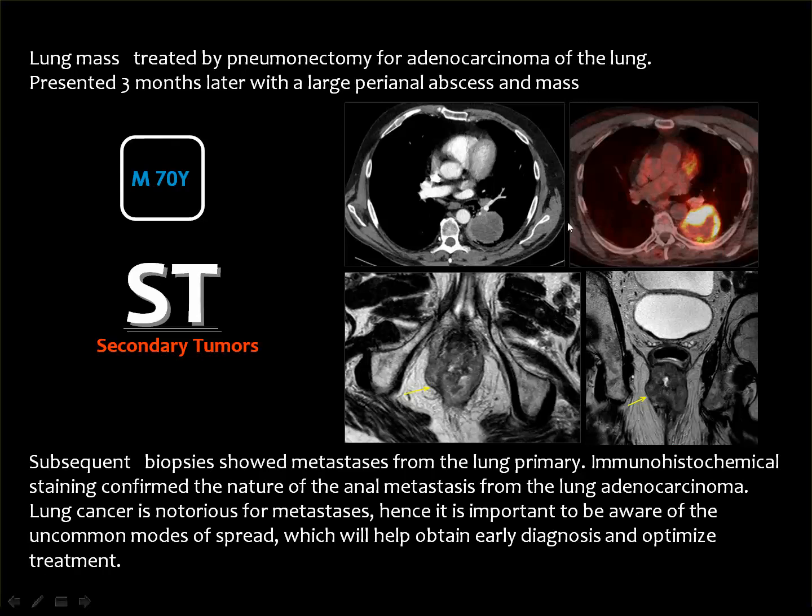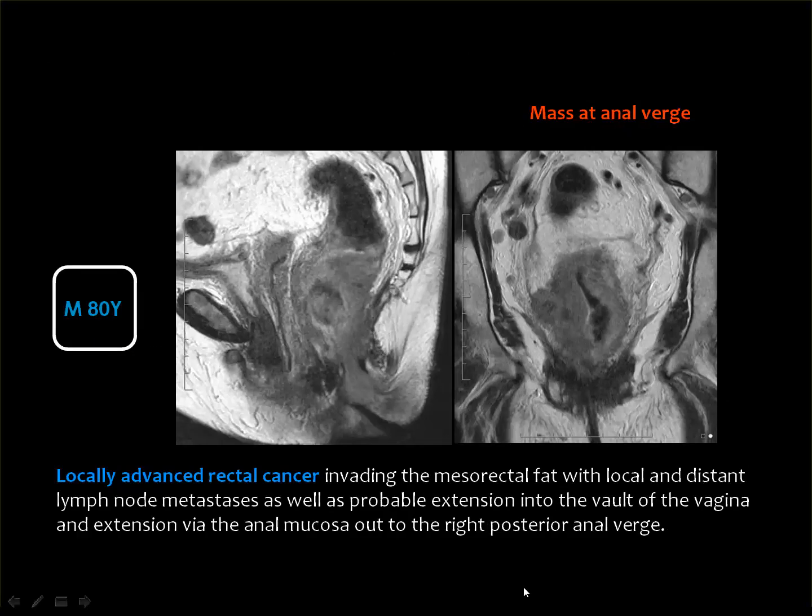This patient also had lung cancer that was treated by pneumonectomy and proved to be adenocarcinoma, and it presented 3 months later by a perianal abscess and mass, and this is the mass that has been proved to be metastatic from the lung